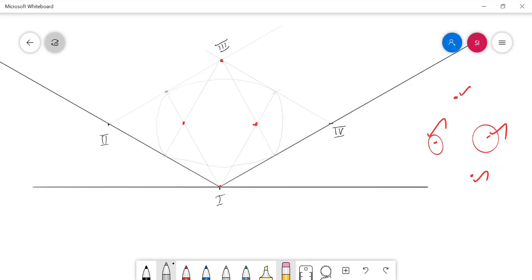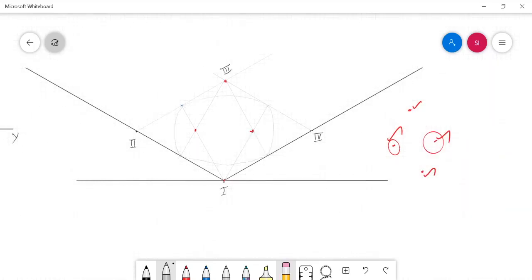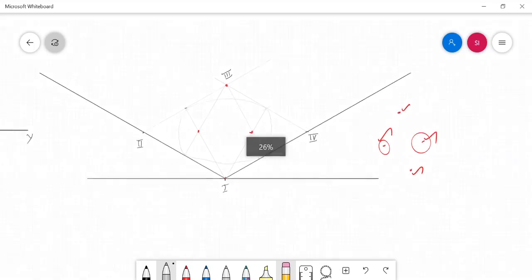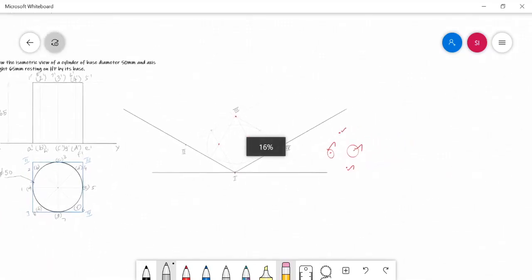Definitely this will not look like a circle, and also the look will be somewhat different from the real case if you use the original dimensions and the proper tools. What I have drawn here is not similar to the exact case. When you use the proper tools, definitely you will get a perfect isometric view of a circle by this method. So now I have just drawn the base.